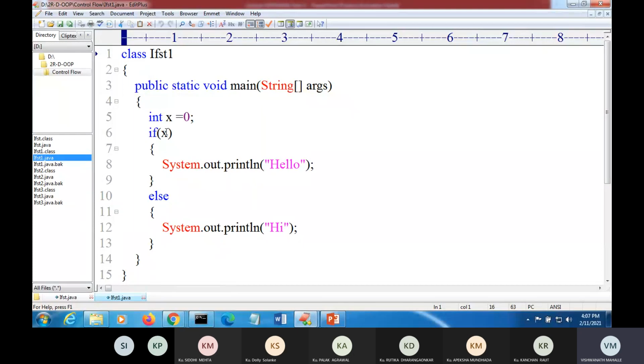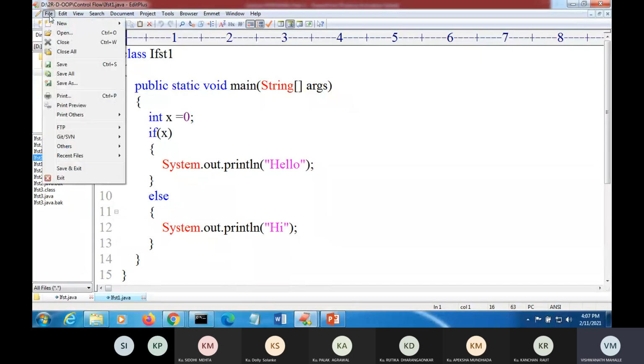It will not execute either; it will give some error because 0 is not a boolean value, but it is valid in C. In C we consider 0 means false and 1 means true. If you write this program in C, it will execute. But if you use 0 or 1 with if in Java, it will give compile time errors.